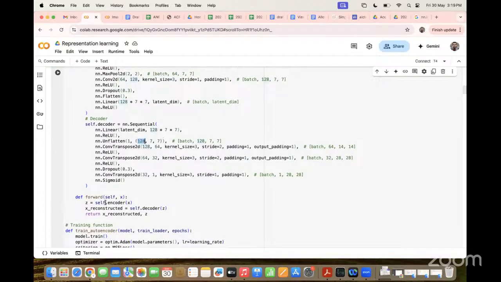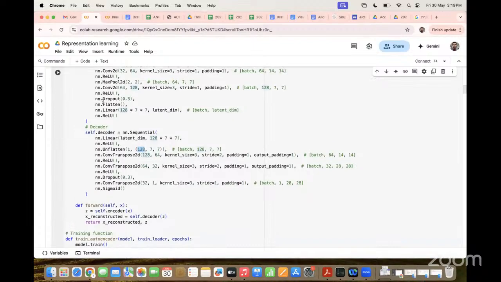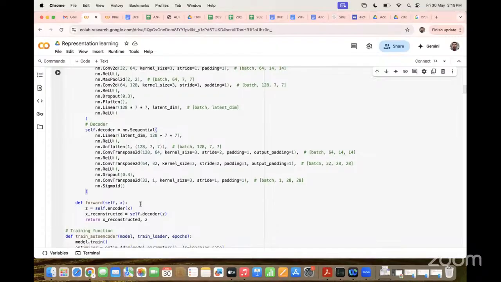No, for the same data set, if I'm using dropout of 0.3 in the encoder, can I do 0.4 in the dropout of the decoder or not? If you keep 0.3 here and change here to 0.4, then the model might overfit. Okay, we have to keep it the same. Yes. So you can try with a different dropout.